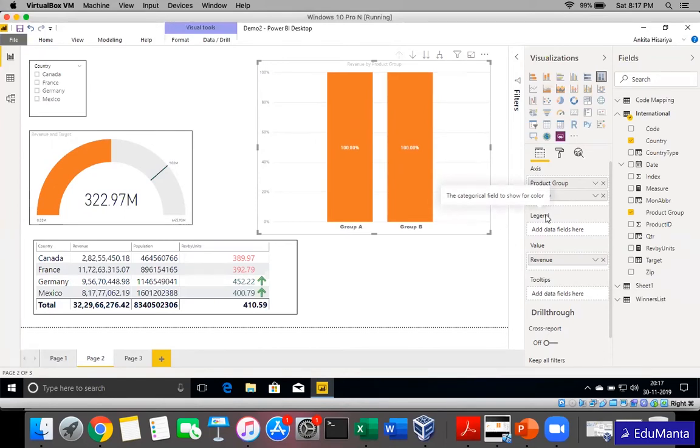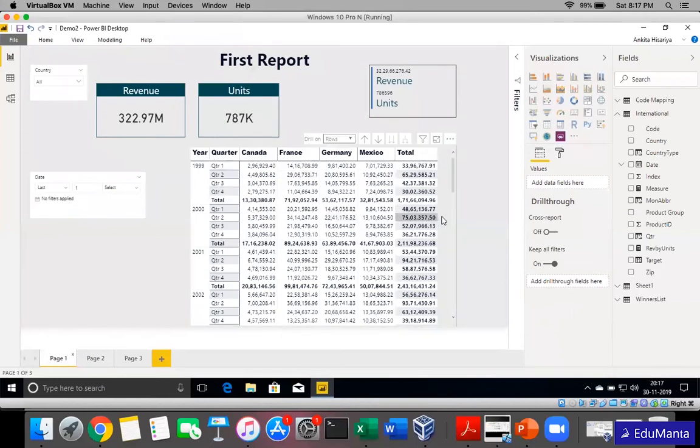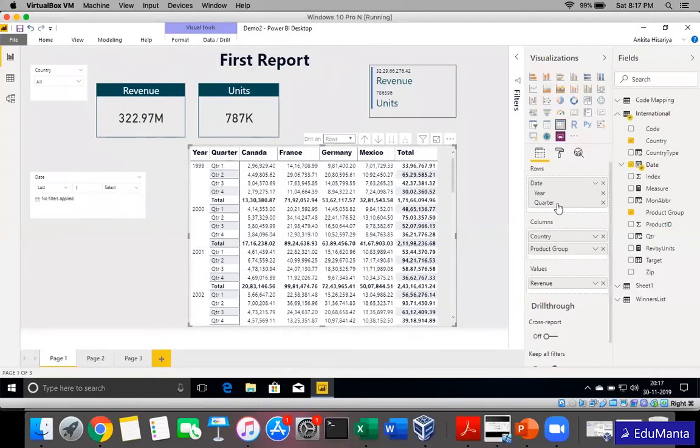And this is not restricted to just 2 levels. You can have further levels inside it. For example, here also we had year, quarter. If month was also important, we could just have another level of data, that is month, inside it, and then we can go on drilling further as and when required. But all this drilling feature which I'm showing is restricted to a particular visual, and it's not interacting between multiple pages and so on. That feature is known as drill through, and it's not drill up, drill down.